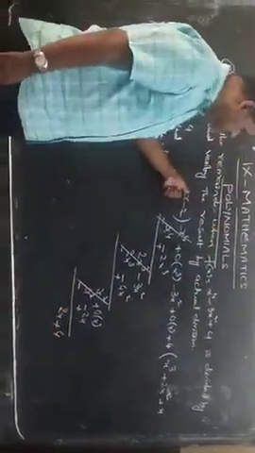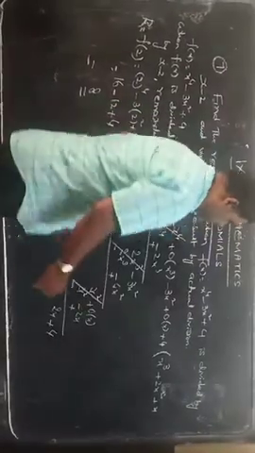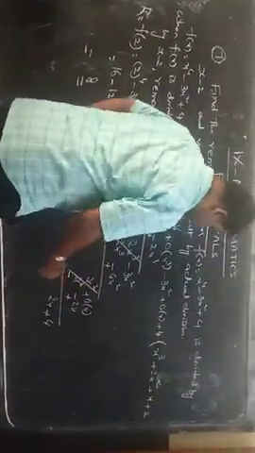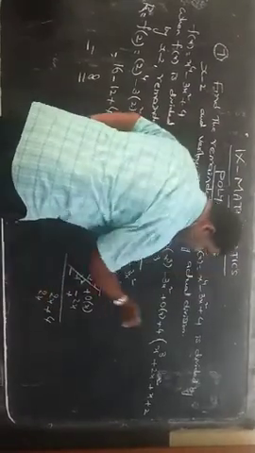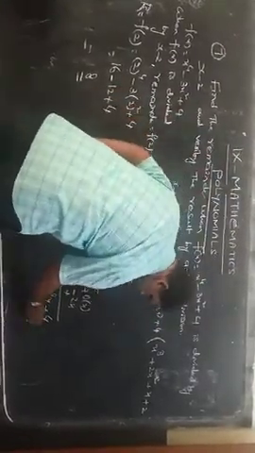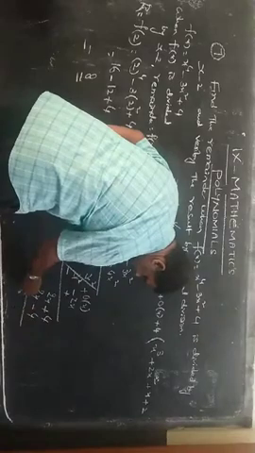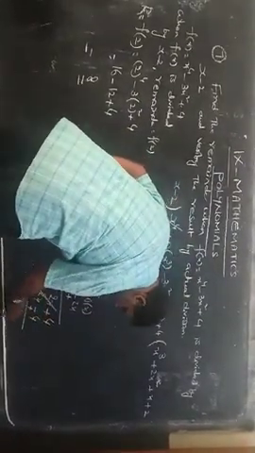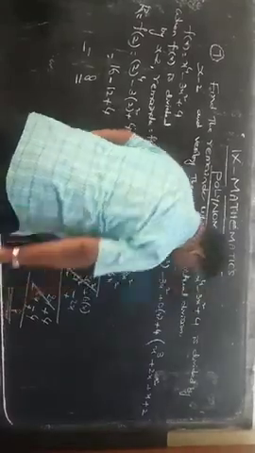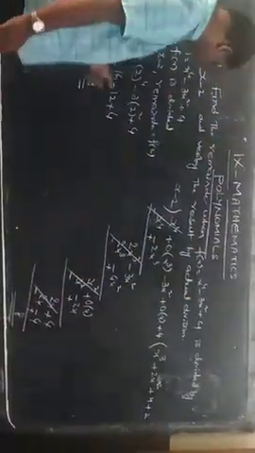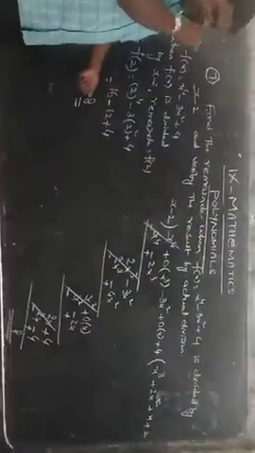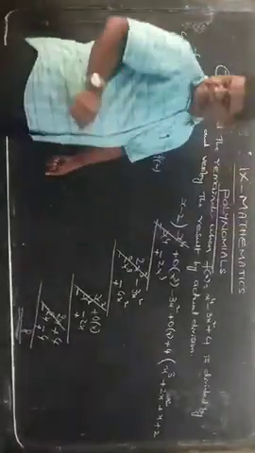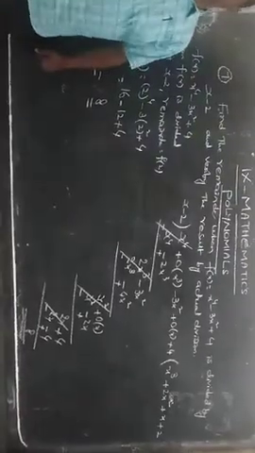Now x into how much is equal to 2x? X into 2. So 2 into x is 2x. 2 into minus 2 is minus 4. Let us subtract. Here 4, if you add, you will get 8. So here we will get the remainder 8. By using remainder theorem, we got the remainder 8. So thus it is verified. 7.